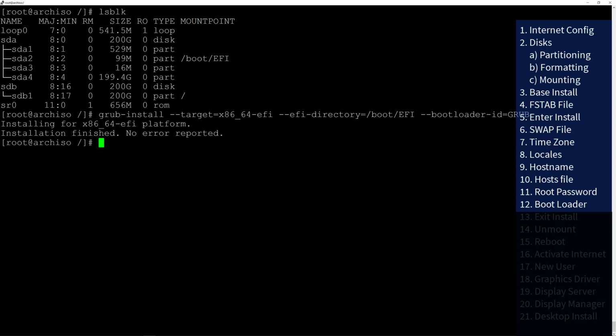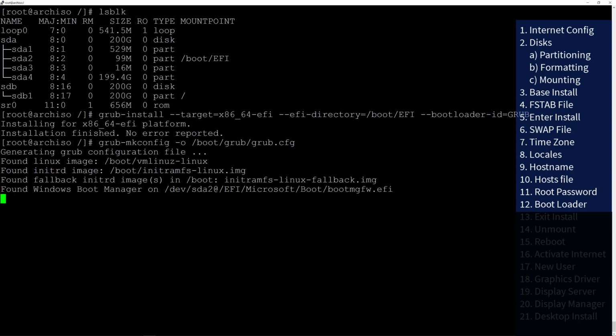No error reported. Now we can generate the GRUB configuration file. So we'll type in grub-mkconfig -o /boot/grub/grub.cfg, and hit enter. And as you can see, there is a line saying found Windows Boot Manager on sda2. And this is going to be added to the list of OSs we can choose from when we boot the machine. So the bootloader is now installed, and now I can actually exit the installation and return to the installer